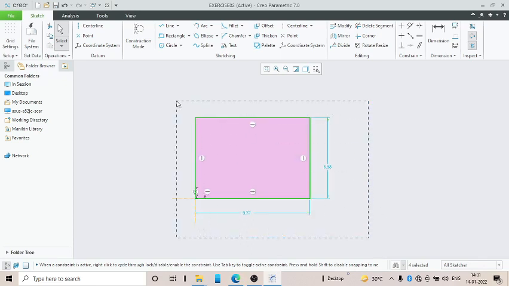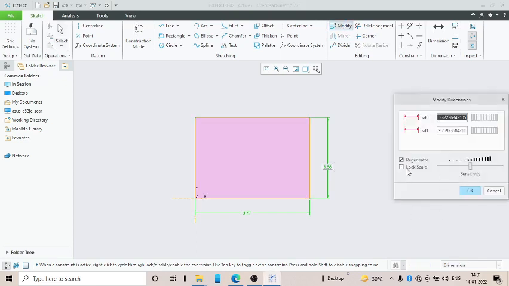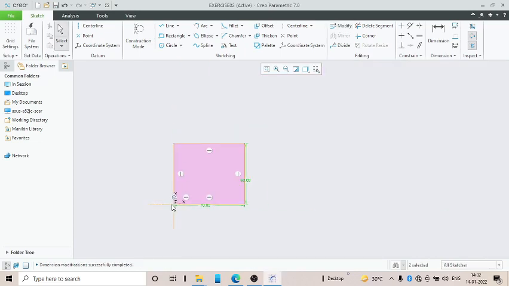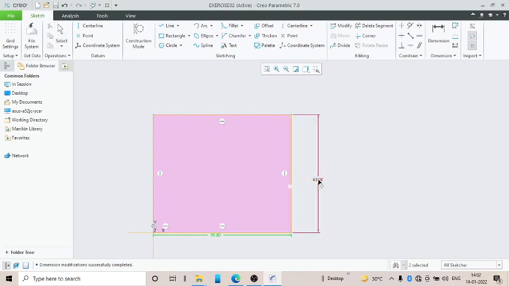You can select the entire thing, then go to modify, then click the lock scale option, then remove the regenerate, then here you can give 70, enter, and remove the lock scale and here you can enter 60, then okay. Now you can see that this particular sketch is now 70 and 60.